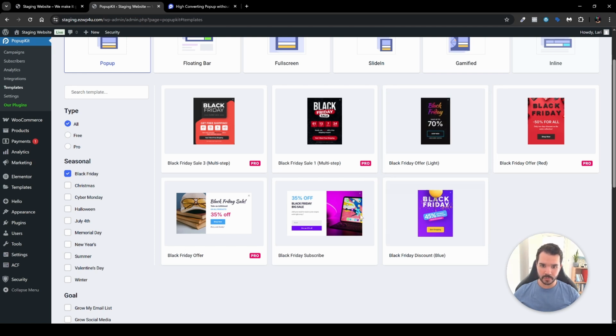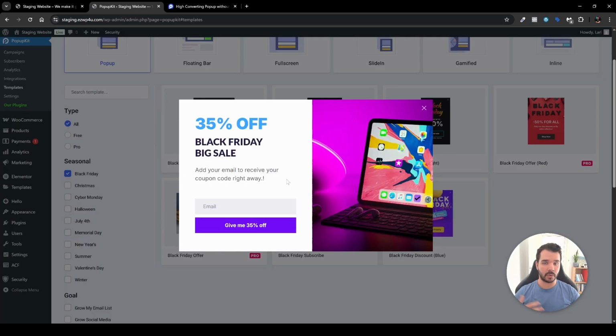Now, let's say I want to work with this one. So I want to preview it. I click the live preview, and then it will load it. Then, if I like it, I'll be able to import it and edit it to my own liking. We can see here we have the image on the right and some text and then a form over here. So let's say I liked it and I just want to click the X icon